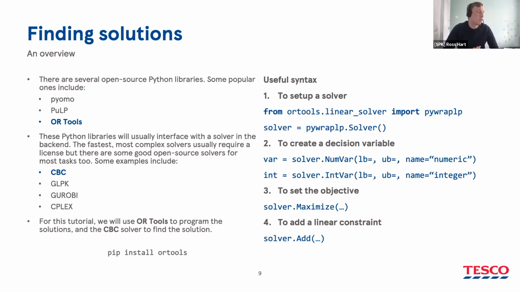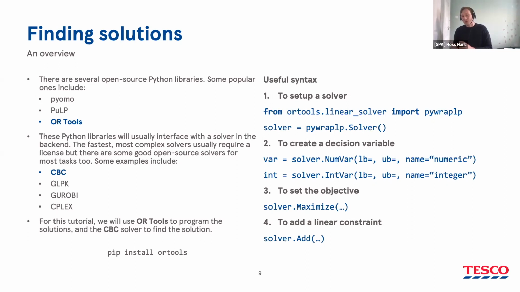And there are quite a few of them out there. Some common ones you may see if you do some Googling of common tools in Python to solve these problems are listed here. Now, I've highlighted CBC because this is just one that I've used quite a lot in the past, and it seems to give me good results and solve problems quite quickly. But there are others called things like GLPK, and the last 2 on this list here are called Gurobi and Cplex, which actually are very, very fast. But the problem with them is that these are